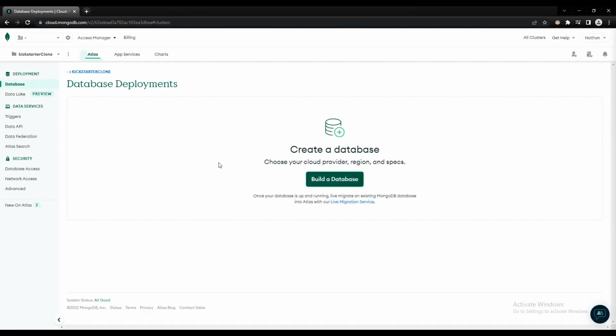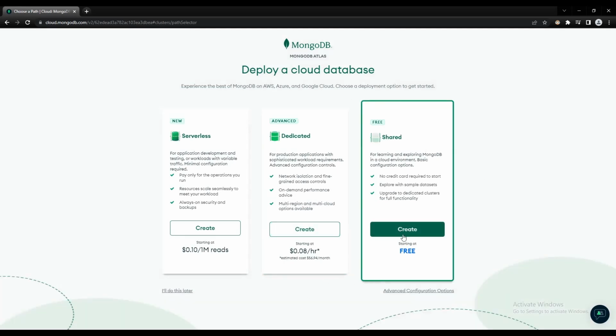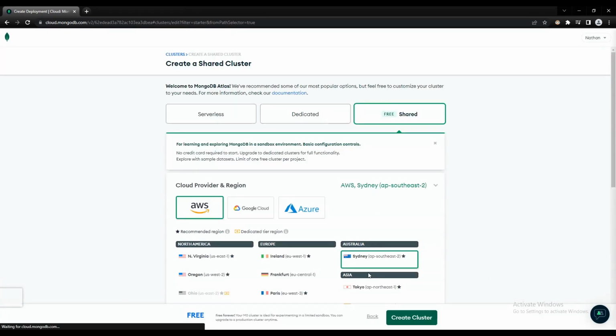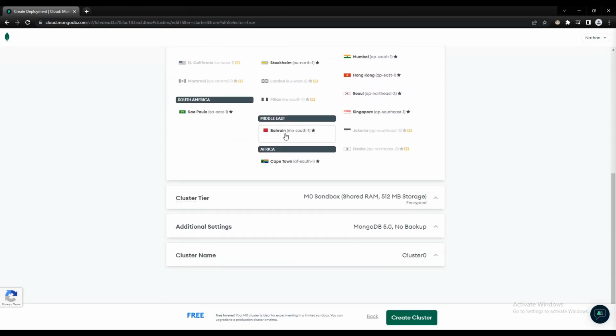And inside of here, let's go. I've already created a database, a project. But if you don't have a project, just click this down arrow and then create a project. I'm going to build a database on this project. We're going to do the free one. Free tier, AWS. I'm in the Australia region, so Sydney AP Southeast 2. Pick whichever one's closest to you. And then we go